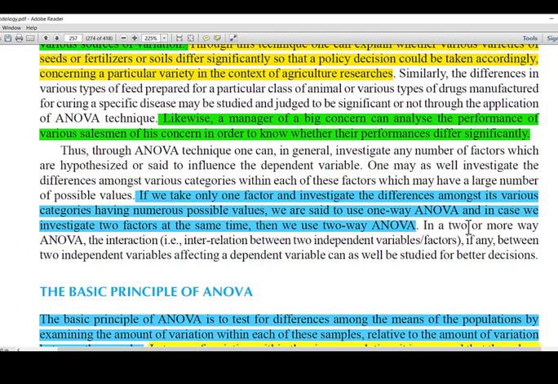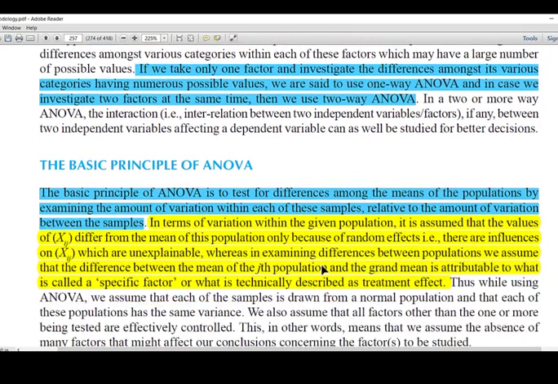In a two-way ANOVA or more-way ANOVA, the interaction, meaning the interrelation between two independent variables or factors affecting a dependent variable, can as well be studied for better decisions. The basic principle of ANOVA is to test for differences among the means of the populations by examining the amount of variation within each of these samples relative to the amount of variation between samples. We have to consider here two variations: variation within each of the samples and